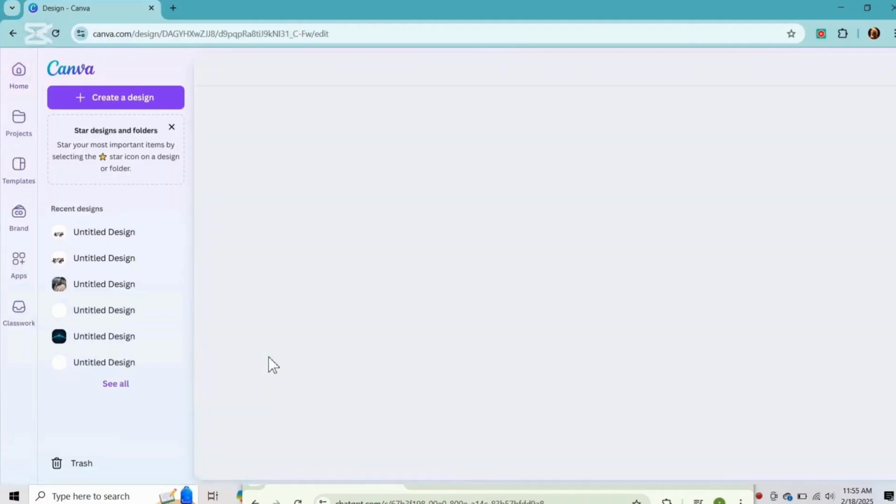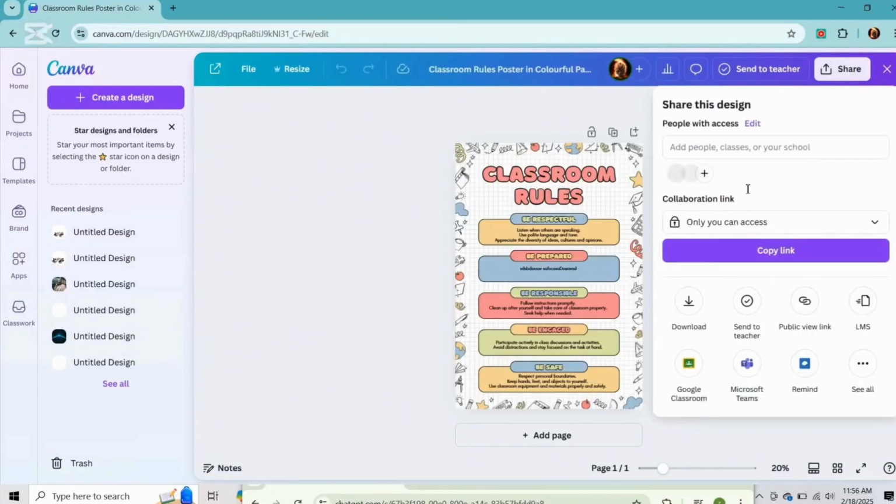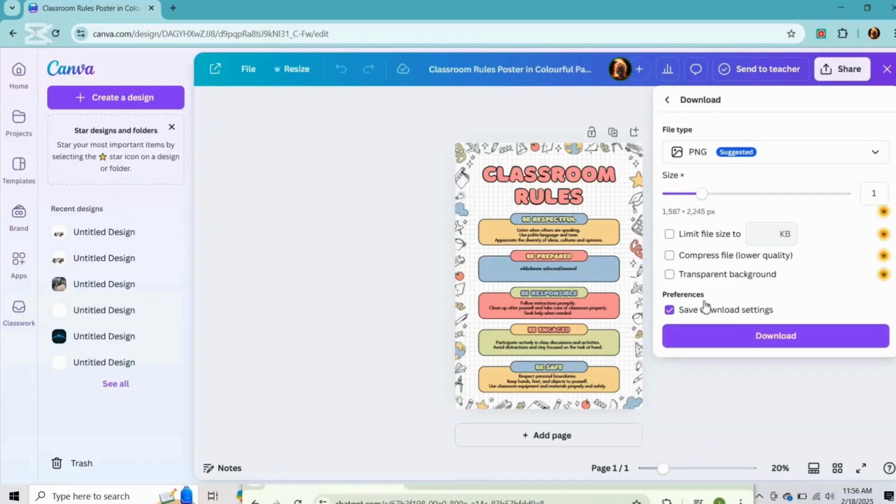And once you are in your design, simply click on the share button at the top right corner. And from there, a drop down menu will appear. From that menu, you can simply click on download, and by default, the file type is set to JPG or